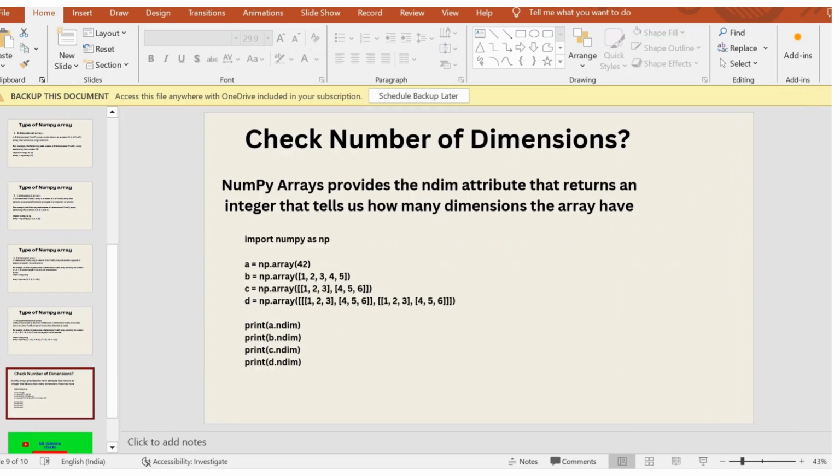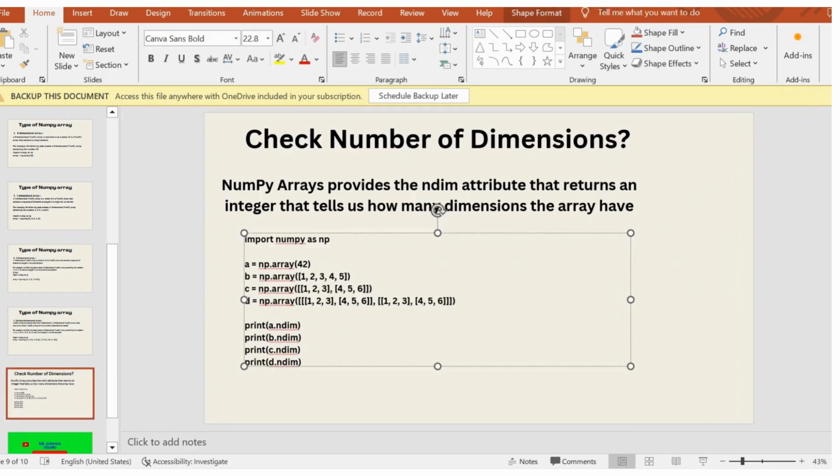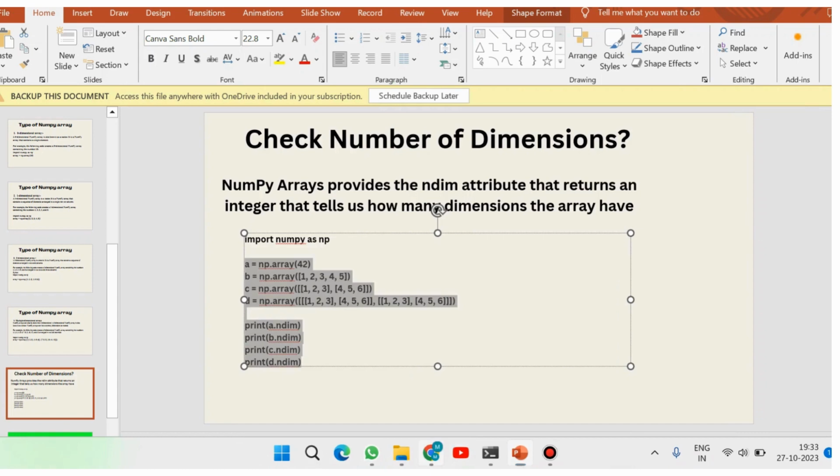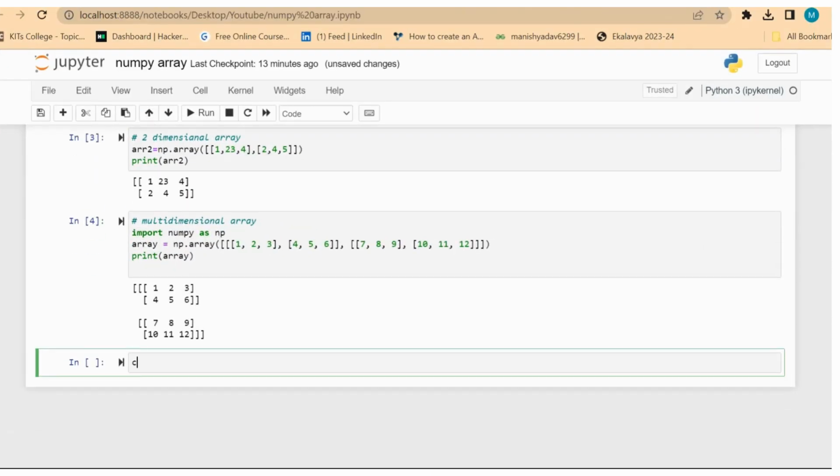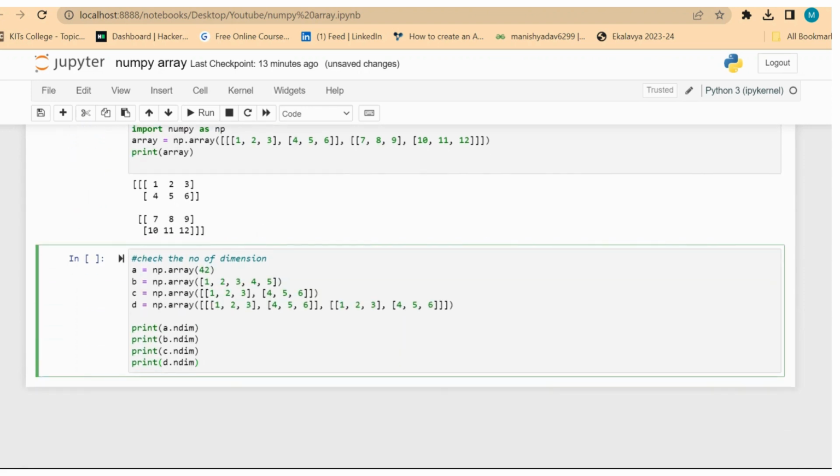Let's suppose this example, check the number of dimensions. And ndim is the attribute that checks how many dimensions the given array has.